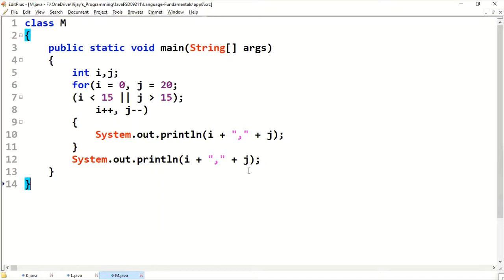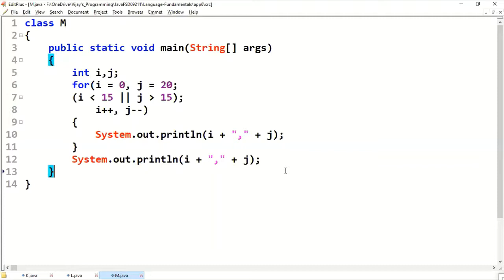Take the pen and pencil and try it on paper. I'll give you the time. Please try it. These are all basic program logic.